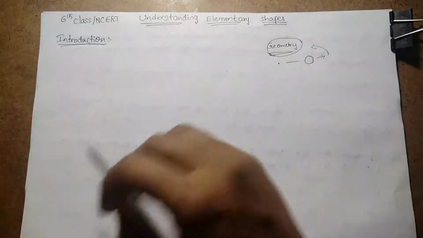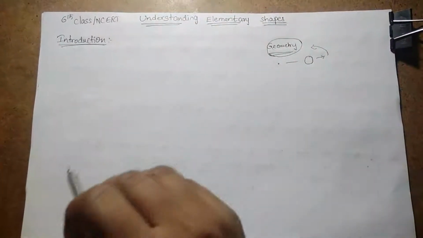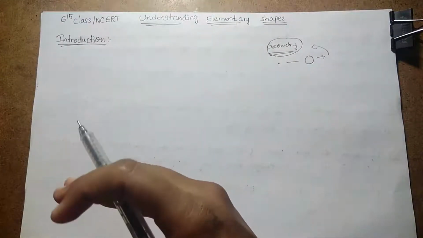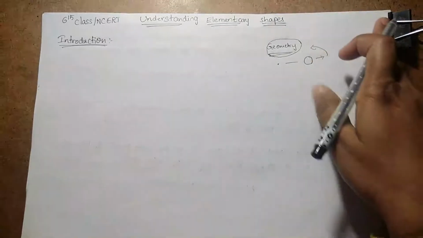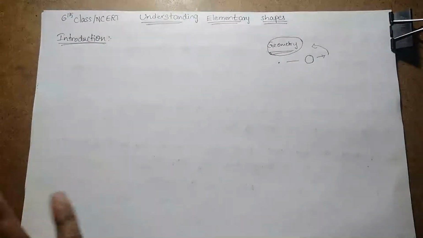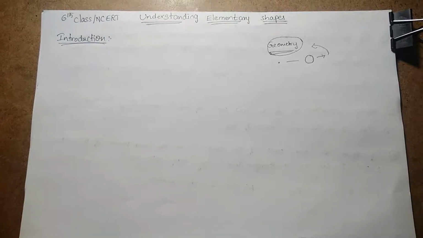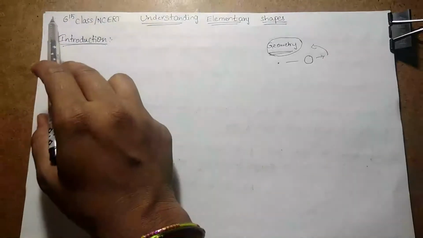So let's move into the introduction. Introduction is nothing but understanding elementary shapes, because we already know about the shapes surrounding us, like in your geometry box, a table, a chair, your lunch box, a paper, the edges of a paper or the edges of a book, etc. Each particular thing has some length, some breadth and some area also. So what we are going to do is measure those shapes, lines and edges, or find the area of the shape, with elementary tools.